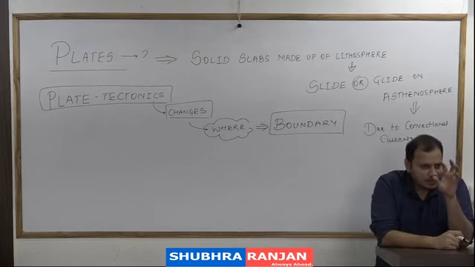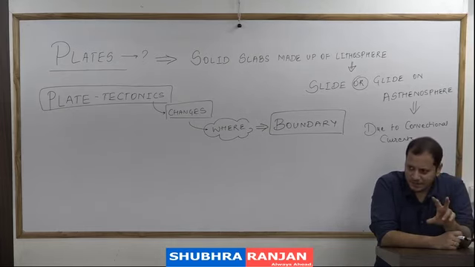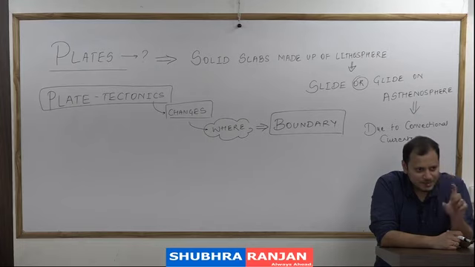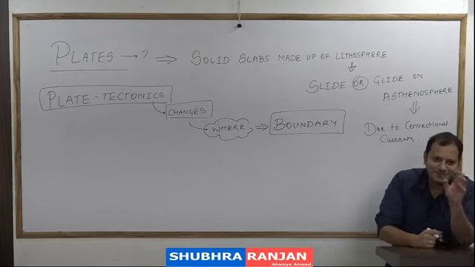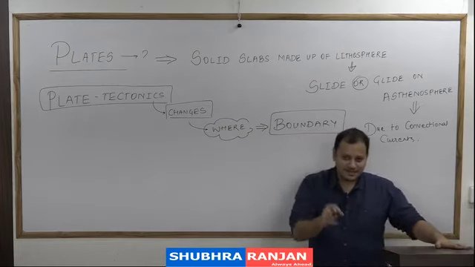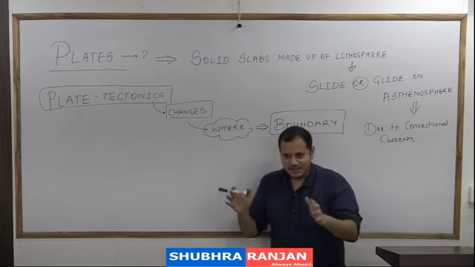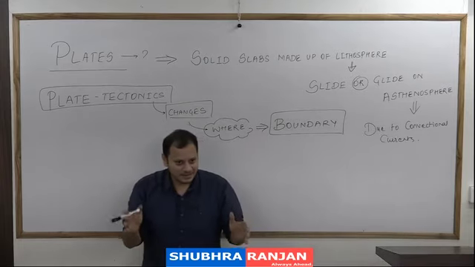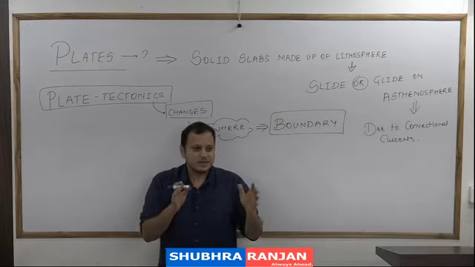Now we know the earth is like an egg: crust, mantle and core, three different parts. Now just imagine that the earth is not just an egg, it is a boiled egg which has to be broken. Before eating any egg you break the shell. So over a period of time there are cracks on the shell, right? The earth is like this. That is, the crust of the earth is broken into cracks, and these cracks are known as plates.